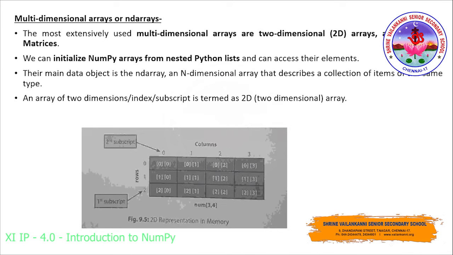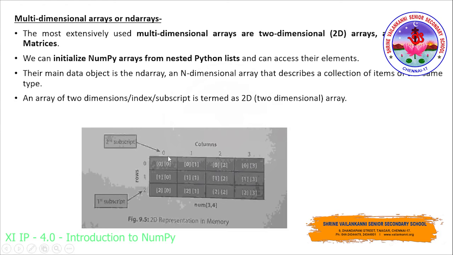So while seeing the example, I'll explain how to work on that so that we will be able to easily access the elements. An array of two dimensions, or index or subscript, is termed a two-dimensional array. So this is how the two-dimensional array will be represented in the memory. It will have rows and columns, and usually the subscripts will be represented like this: 0 for 0, 0